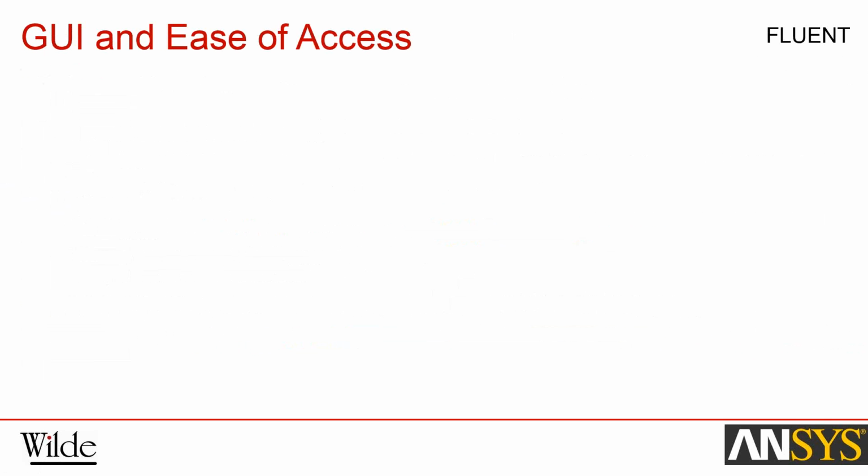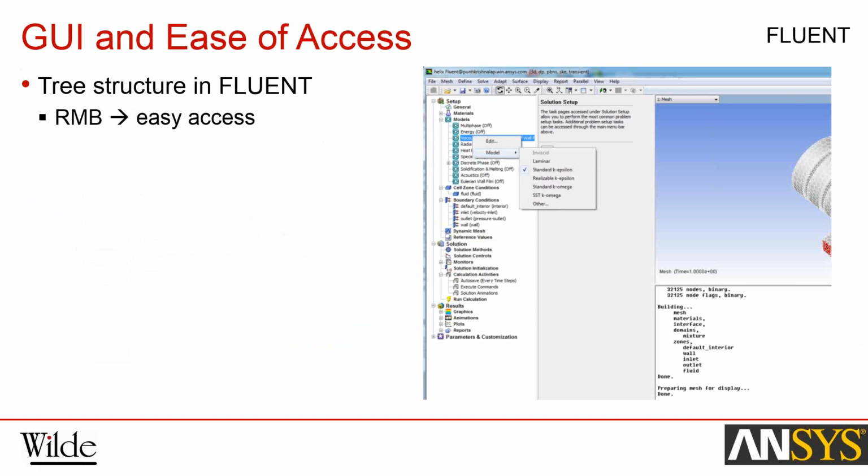Okay, so starting at the very top, let's talk about the GUI and ease of access. This is in Fluent. Those of you who are used to Fluent, or those of you who have seen Fluent in the past, will note that the Fluent GUI has changed. It's gone to a tree structure. And that falls in line with all the other ANSYS products, whether it's in FEA or whether it's CFD, like in CFX. Moreover, you don't have to drill down through 2 or 3 dialog boxes to get to,